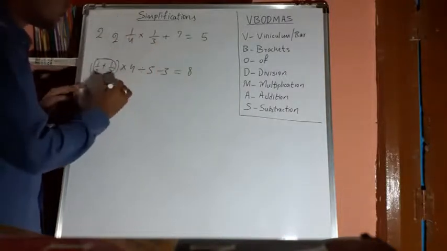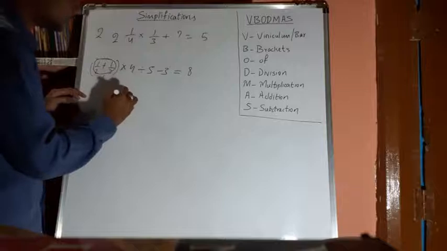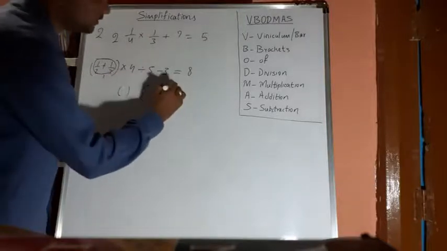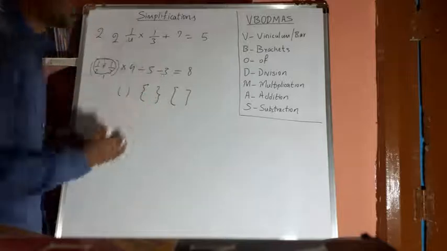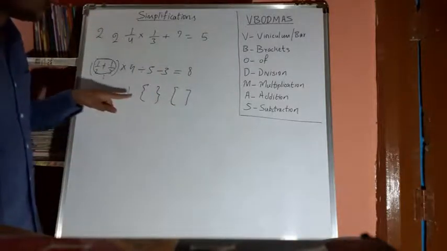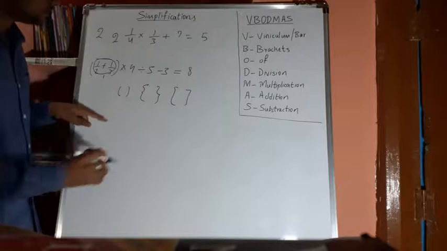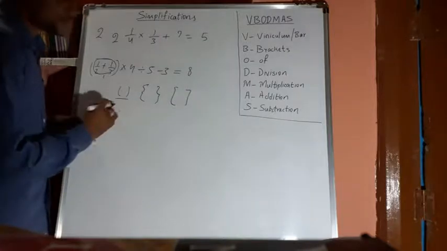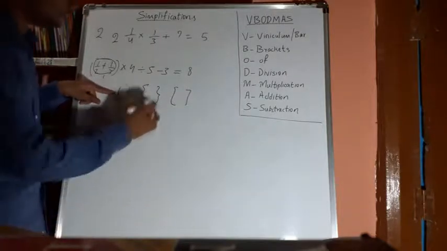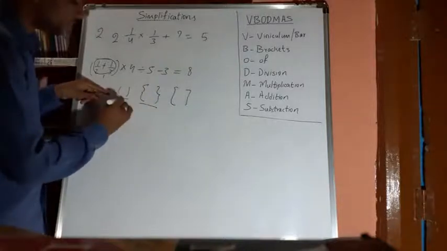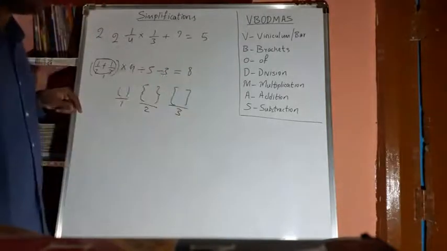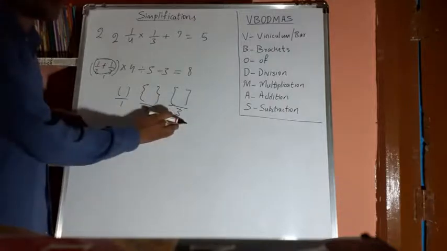See, again in the brackets there are different types of brackets. One is a round bracket, another is a curly brace or flower bracket, and next the big bracket. So how to proceed? Should I start with this one or this one? Always you should start with the round brackets. First, whenever brackets come, you should go for this one, then this one second, then this one. This is the order you have to follow.